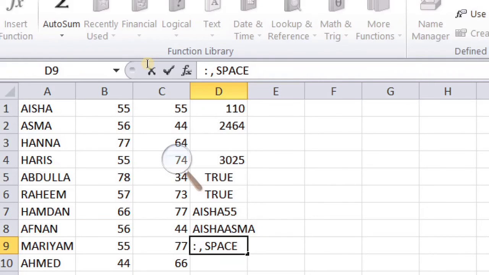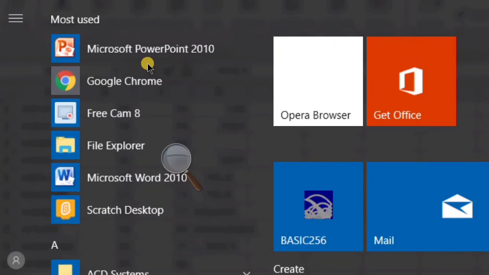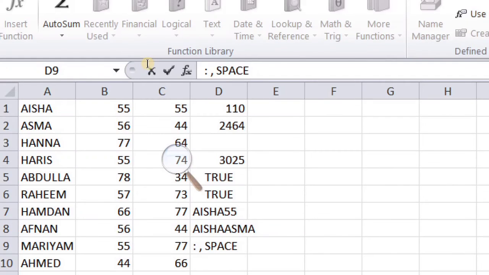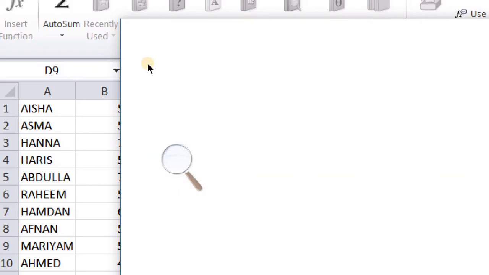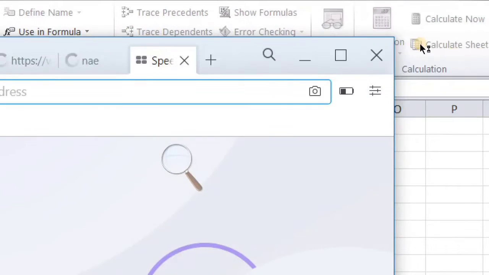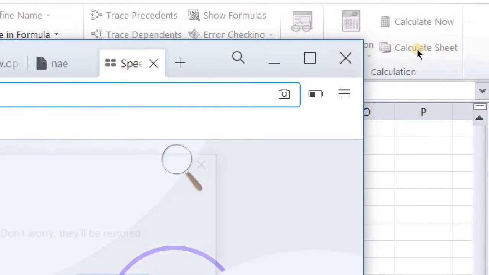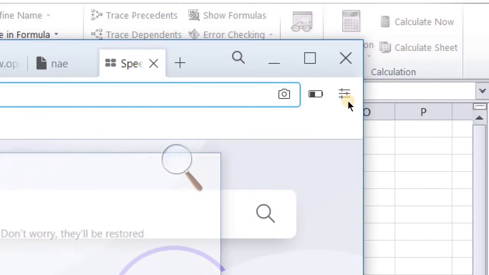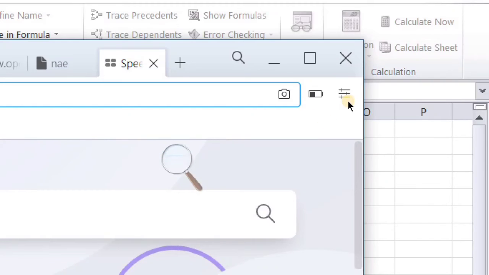It gives a range from one cell to another.